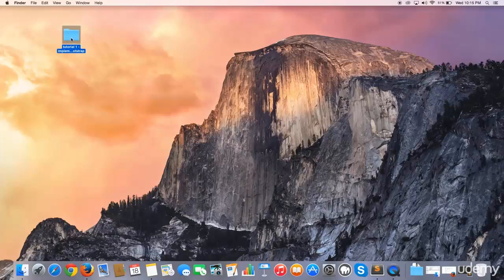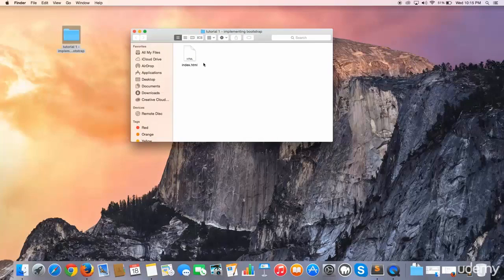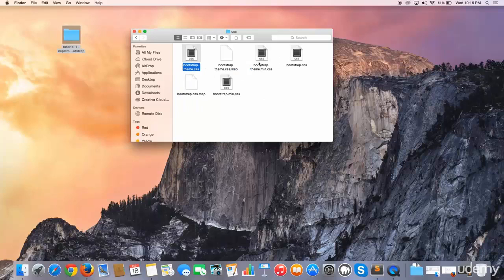Okay, and I'm actually just going to paste it in the same folder as my index file. Okay, so I'm actually still using the folder from the previous tutorial, and I'm going to go ahead now and hit paste, and that is going to paste the CSS folder, which has a bunch of different CSS files. Okay, and you'll notice we've got the bootstrap theme.css. We've also got bootstrap